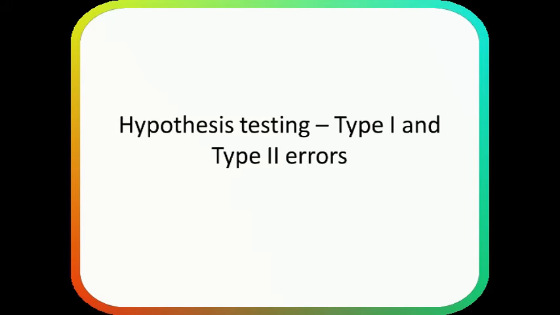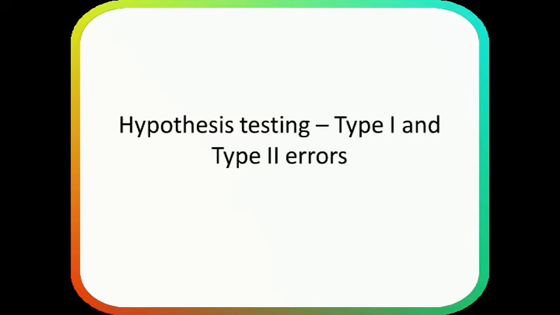Today we are going to continue from the session taken last time on statistical significance and hypothesis testing. What we are going to learn in this session is about the errors which can occur when we talk about analysis of our hypothesis or conclusions to be made from our hypothesis. And these errors are known as type 1 and type 2 errors.